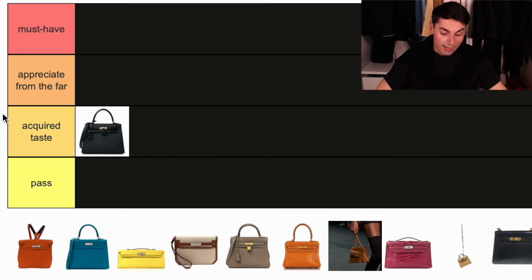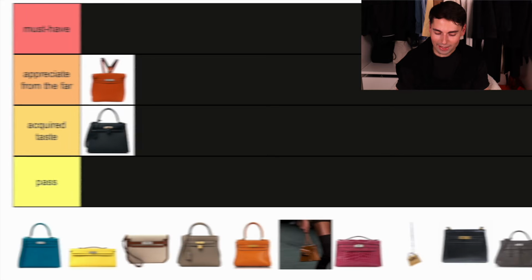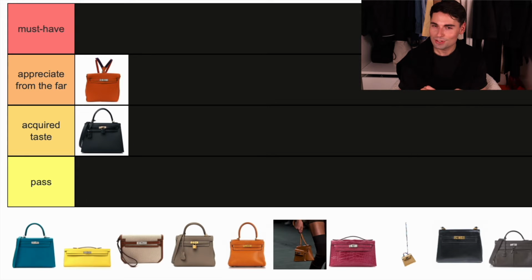Personally, the Kelly backpack I do like the look of. Again, it's not something that I personally ever considered buying just because the proportions wouldn't suit me and it only comes in one size. But I have friends who own this bag and I think it looks honestly just gorgeous on them. The next bag that we have here is a classic traditional Kelly Sellier in size 25,